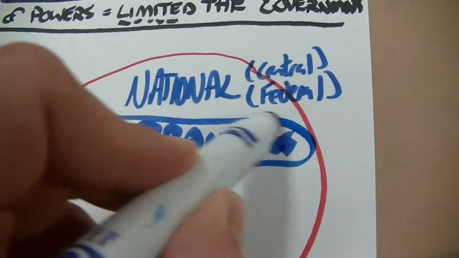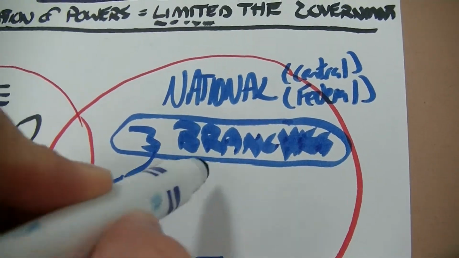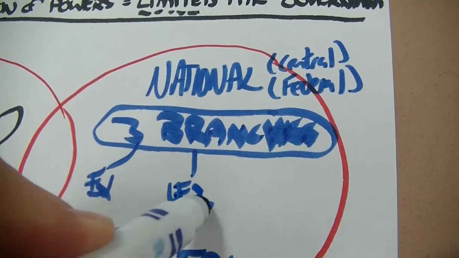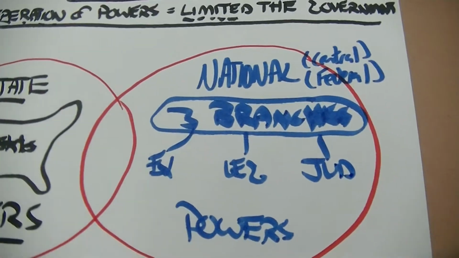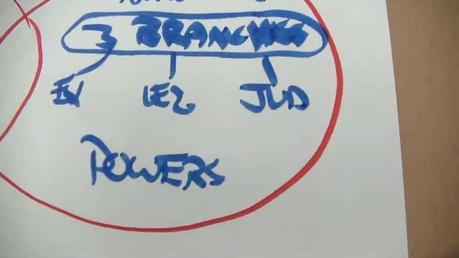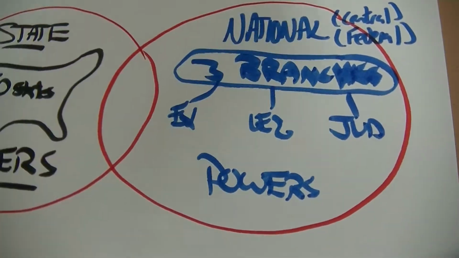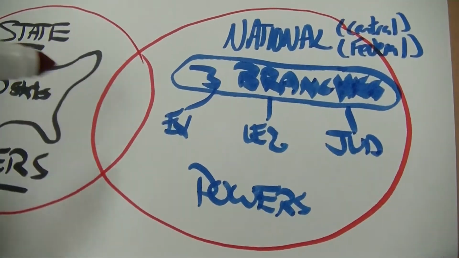Remember we did this earlier? The three branches: executive, legislative, and judicial. All right, that's their powers. Now, they also have, I'll write this short and sweet here, shared